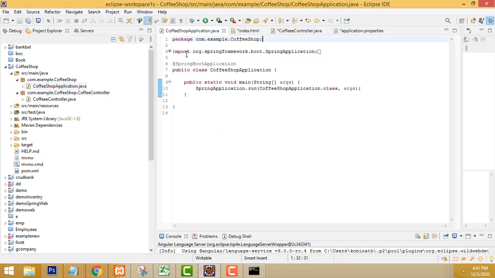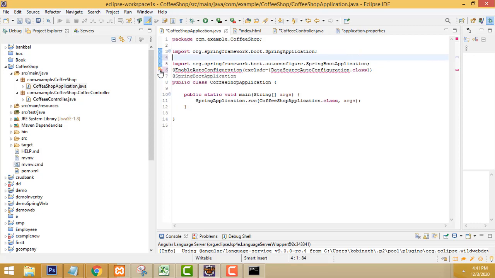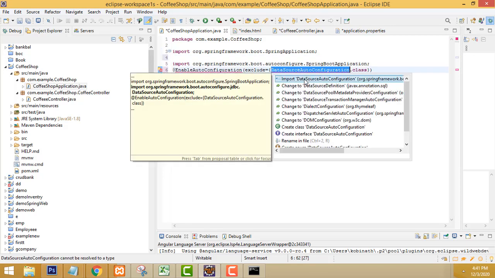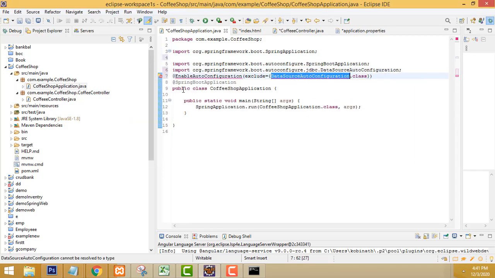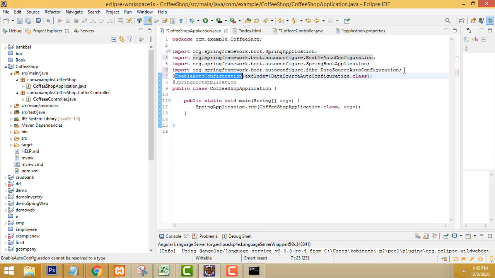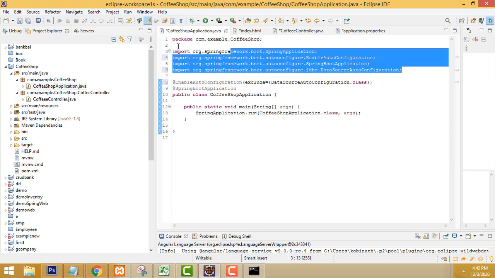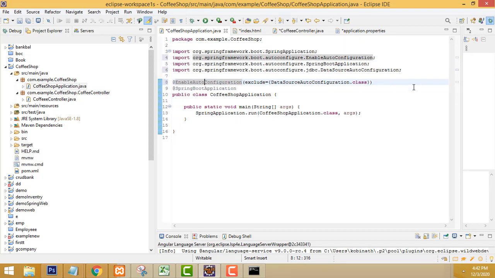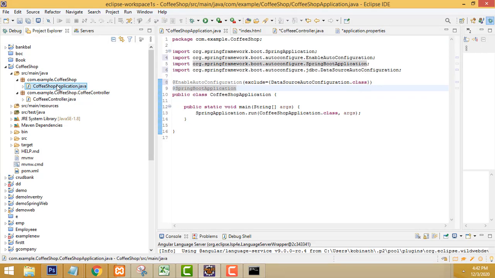Add this line above, then it will work, right? This is not an error. Click on this one, but add the important import. Again, you have to put this enable. Right, it is working. All the classes are there. This is enable auto configuration.